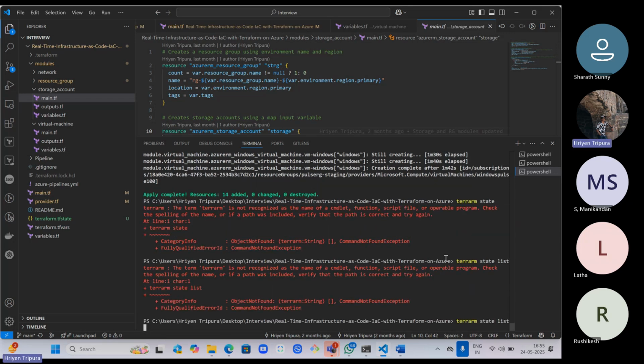It is l, am I doing wrong? State terraform, my spelling is wrong, my bad. T-E-R-A, terraform state list. Okay,